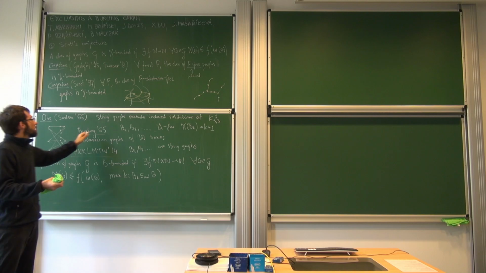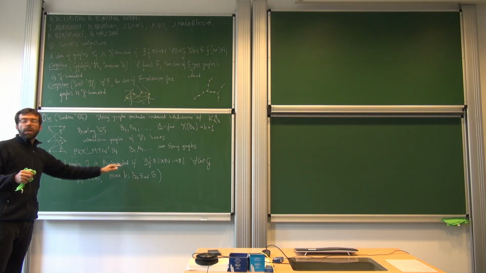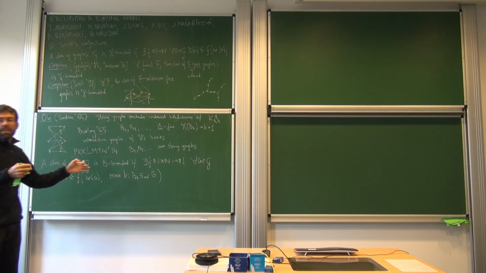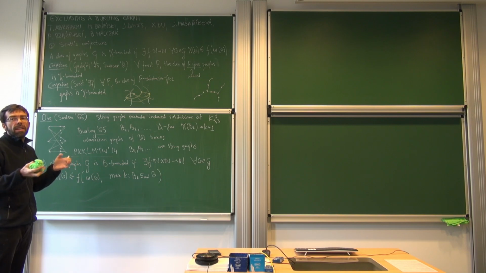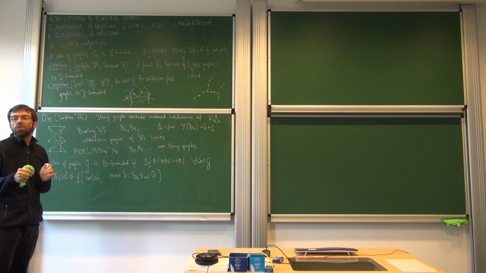What is so special about this construction of Burling graphs? Perhaps there is something special about them, so I will maybe try to convince you during the second part of my talk that they have some interesting properties which other constructions do not have. But still, asking for a class to be B-bounded, at first sight, looks like a difficult, strange thing to do.